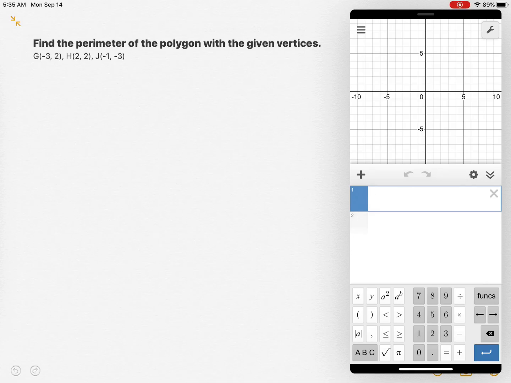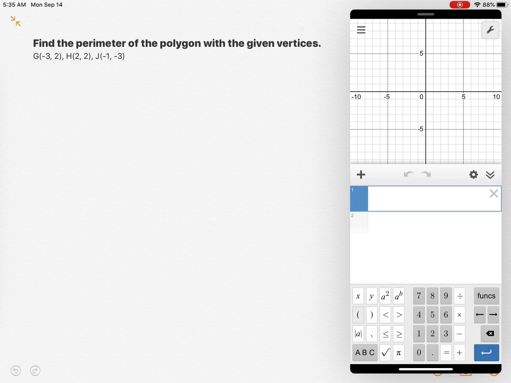Hello. Today we're going to be finding the perimeter of polygons once we've been given the vertices. So basically, the perimeter of polygons that are somewhere in the coordinate plane. For all these sorts of problems, you're going to be given all of the vertices, aka the corners of your polygon, and their coordinates. And so the first thing you're going to do is you're going to graph those coordinates